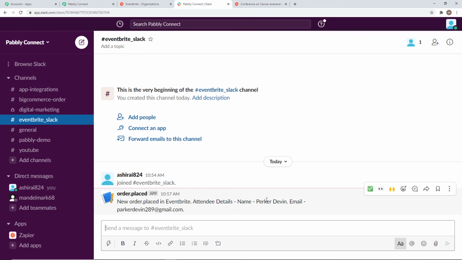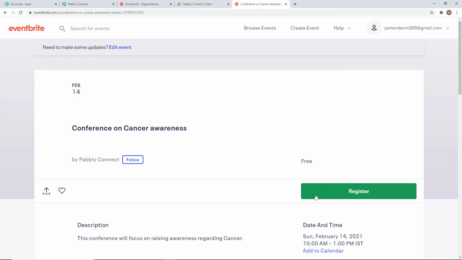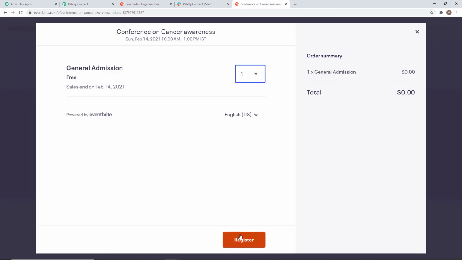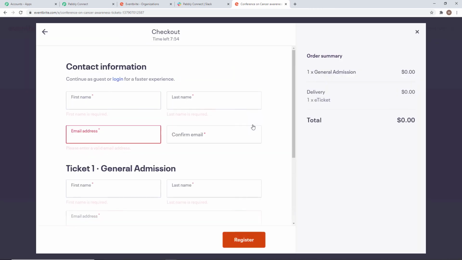Now I'm going to show you this process again with one more example so that you can understand how this integration takes place in real time. So I'll go back to the registration page and I'm going to register again. This time I'll just change the details.